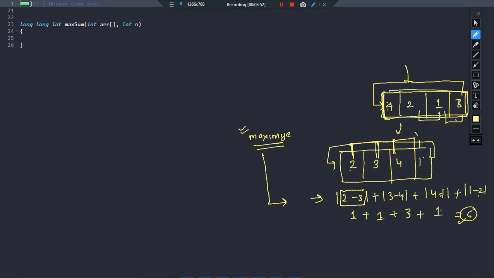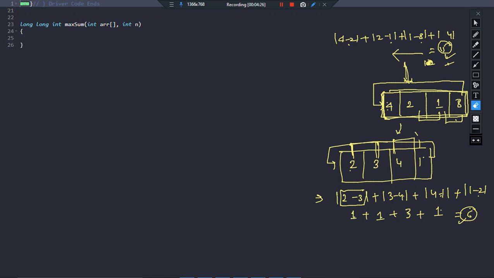Initially I just took this particular arrangement and I got the sum as somewhat like 12, isn't it? If I'm not wrong, it was 4 minus 2 plus 2 minus 1 plus 1 minus 8 plus 4 minus 8, that is 4. So 2 plus 2, 4 plus 7, 11 plus 4, 15. Yes, it was 15, sorry. So this sum was 15, this sum was 6. So obviously this is more than 6, but is it the maximum? That is the question. So the answer is no, this is not the maximum sum. We can still increase the sum. How? Here comes the logic. The maximum value will be observed when, suppose you have the elements like 4, 2, 1, 8, right?